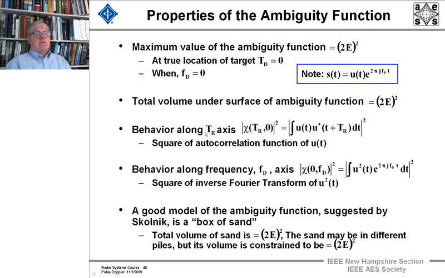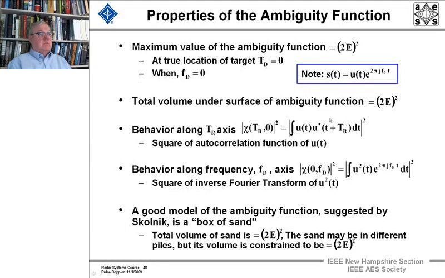And the behavior along the x-axis is the autocorrelation function of u of t, and the behavior along the frequency axis is the square of the inverse Fourier transform of u squared of t,